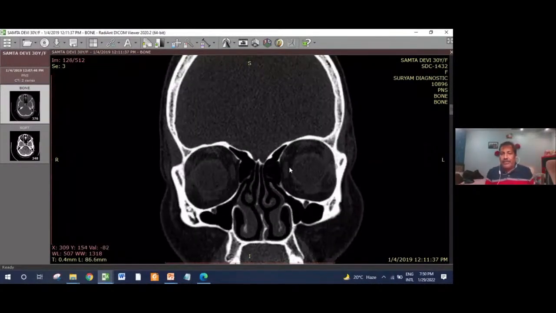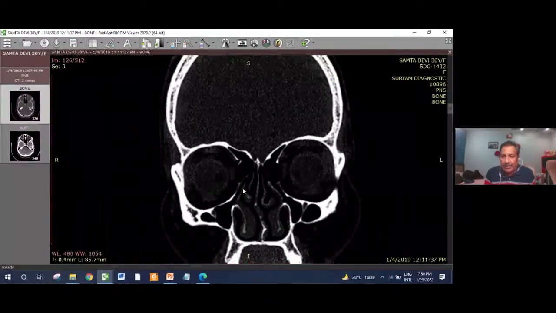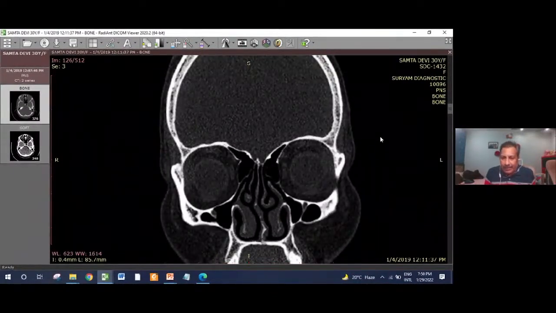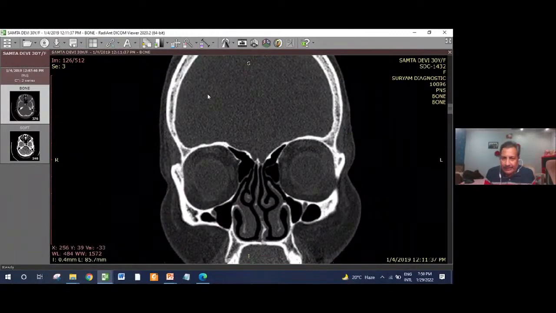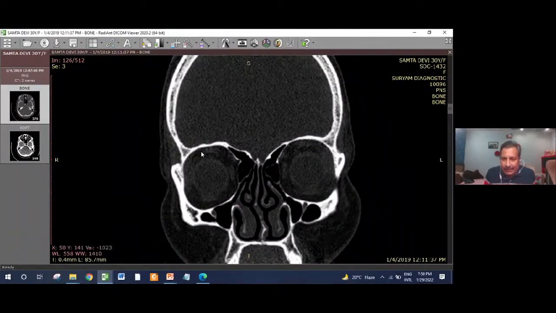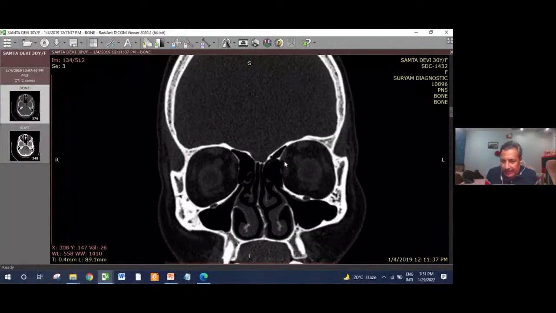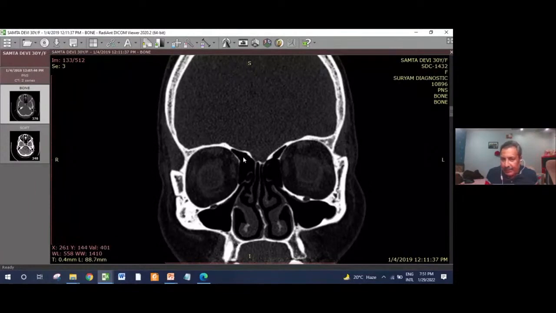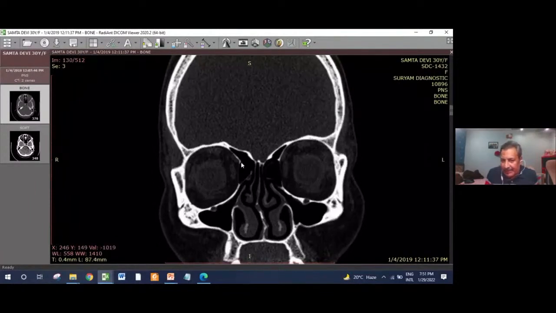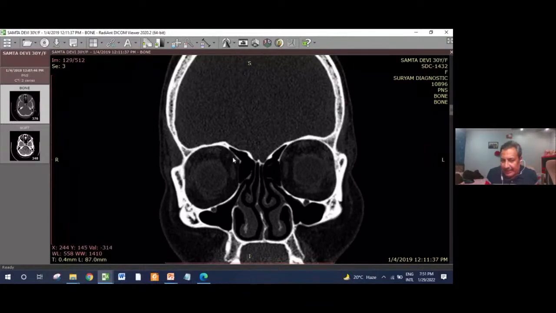How can you make out? Why did I change the window setting? Look inside the orbit. Some better soft tissue detail. Look inside. I'm changing the window setting. This is your medial rectus muscle. This is your superior oblique muscle. And where the confluence of the muscle is, this beaking of the medial wall of the orbit starts. See this beaking starts here. This is medial rectus, this one, this is superior oblique, and this is where this anterior ethmoidal artery leaves the